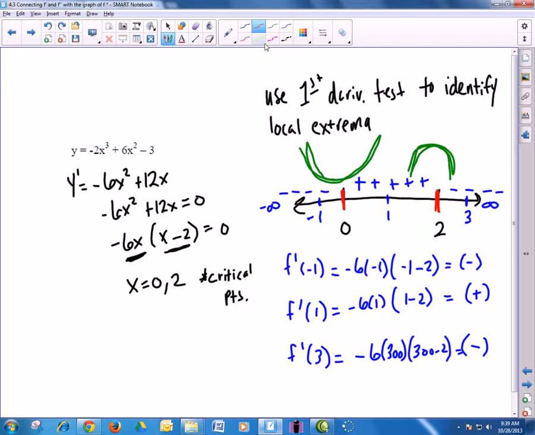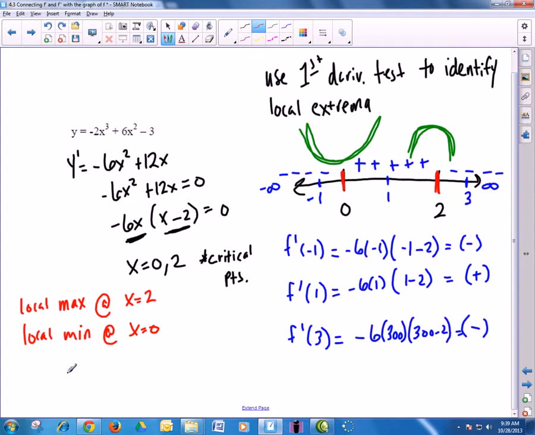All right. Now if we write our answer, we're going to say that there's a local maximum at x equals 2, a local minimum at x equals 0, and then also we're going to go one step further and identify where it's increasing or decreasing. So we would say that it's increasing on the domain from 0 to 2,